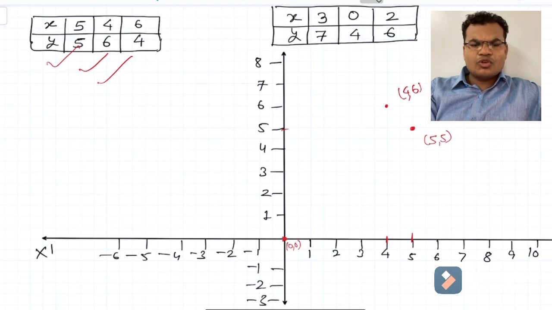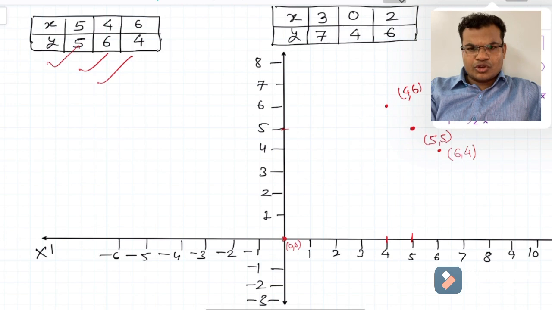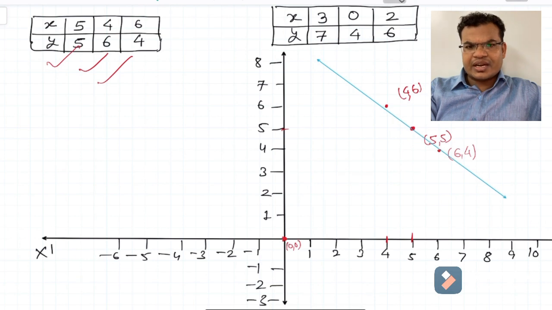One more point we have 6, 4. So x is 6 and y is 4. So where is x? X is here on the x-axis. It is 6 and y is 4. So third point I got. These 3 red dotted points are my solutions, and I will join all these through one line. I will draw one line and I will get one straight line for the equation number 1, x plus y is equal to 10. Right. So this is my first equation.